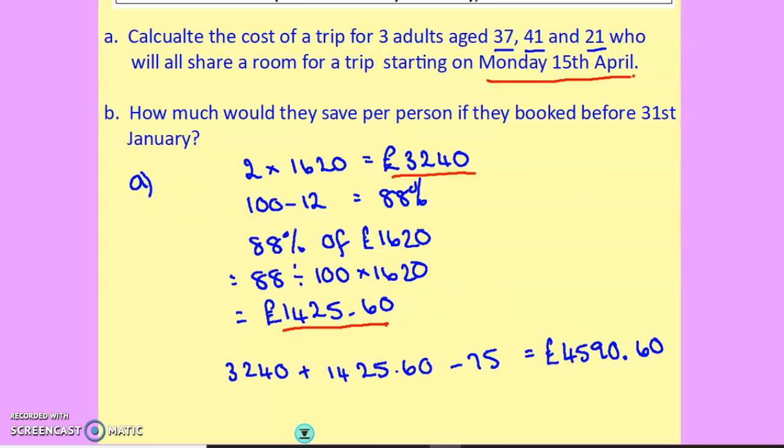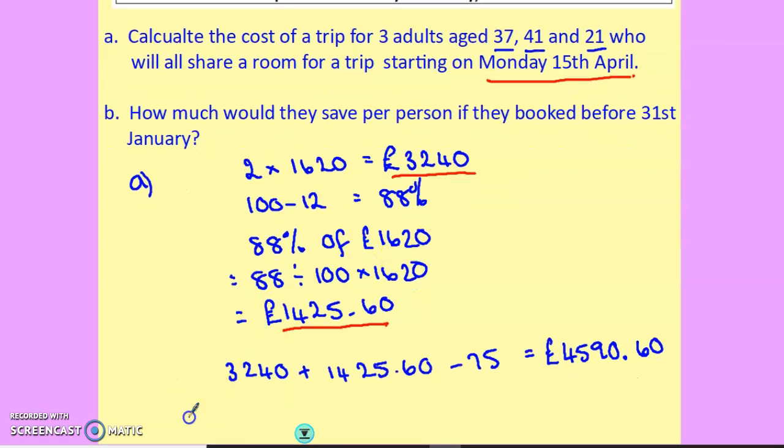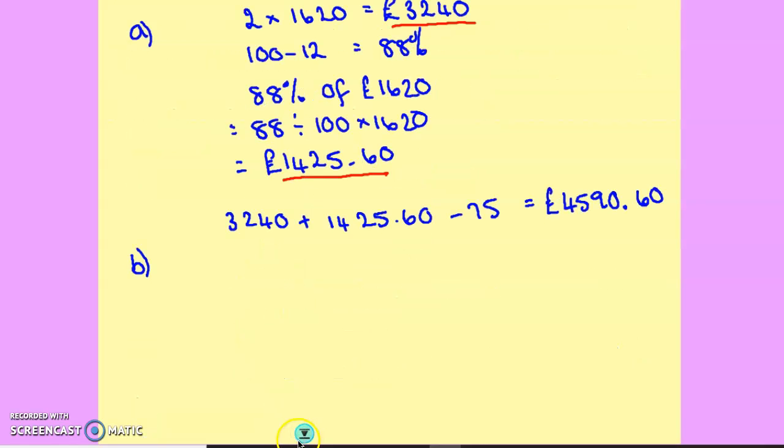How much would they save per person if they booked before the 31st of January? We get 8% off this time. Again, we're not worried about separating out the young traveller from the rest. We're just treating it as all three of them are paying this. So they save 8%. We're interested in how much their saving is, not how much they're paying. So we want to find 8% of